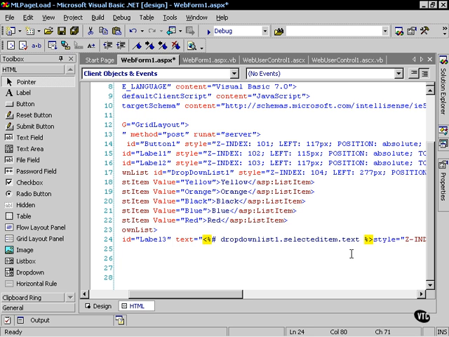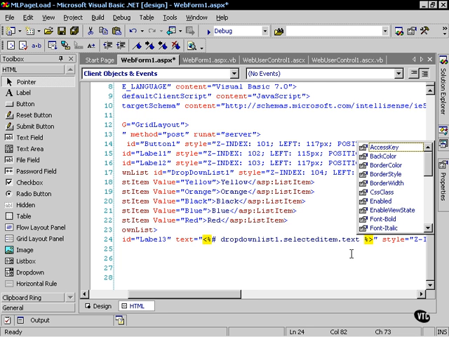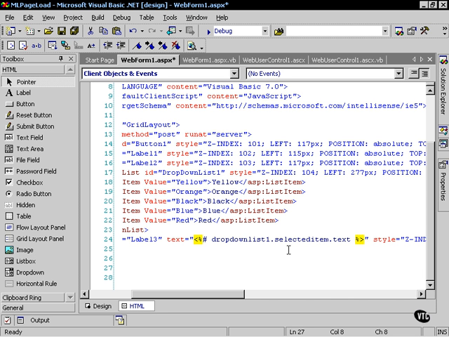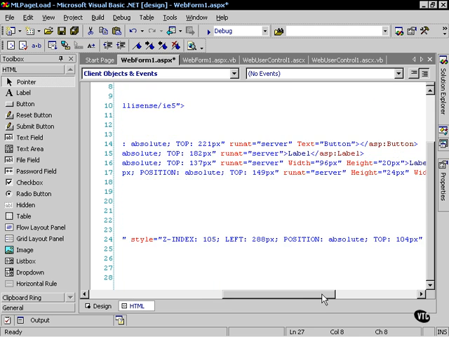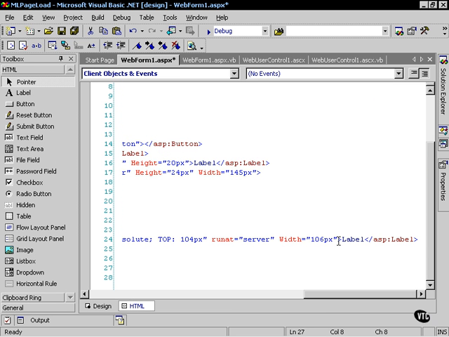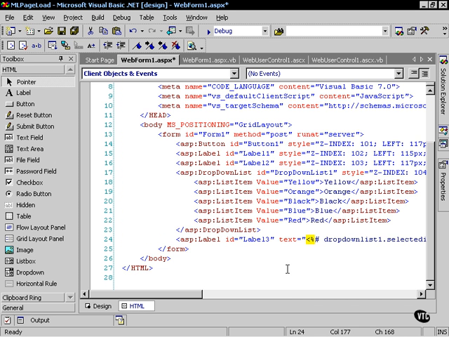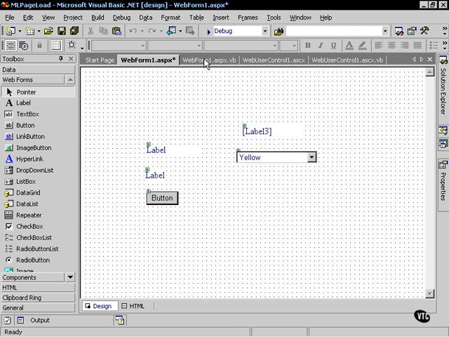And then I'm going to close that, and notice this is more or less inline ASP in my tag here. So drop down list 1, selected item text, and then I'm going to go over here to the end and change the way my label is closed out. I'm going to take the old text and the closing tag, and I'm going to create a single closing tag right here. Now, if I run this, it won't work because there's another aspect that needs to be dealt with,